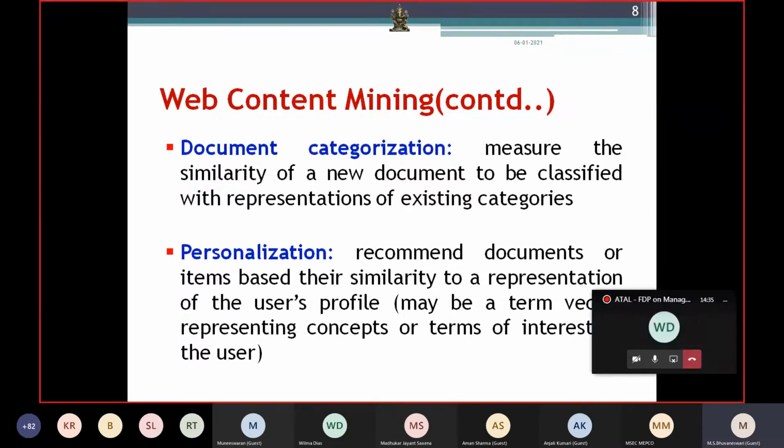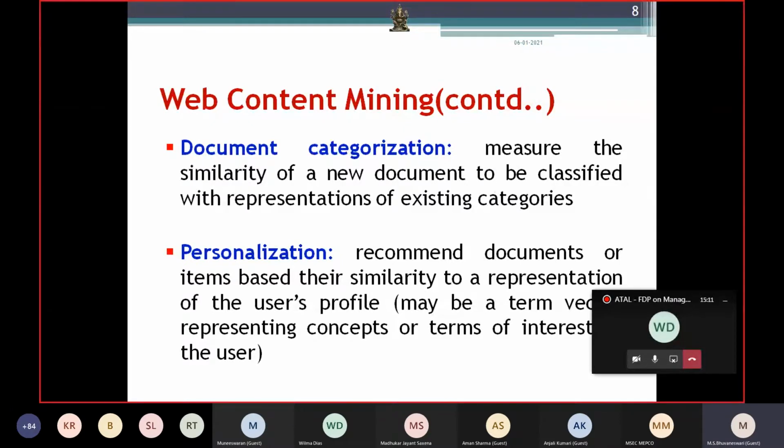So next comes personalization. Personalization means it will be recommending pages based upon the user's profile. Suppose I am doing research and I am interested in web mining, and I am frequently visiting web mining pages, it will be recommending pages related to web mining. Sometimes if I have registered somewhere and I am referring to journal papers related to web mining, automatically they will give me recommendations: these papers have come, if you want to read them, you can. So that is one kind of personalization.